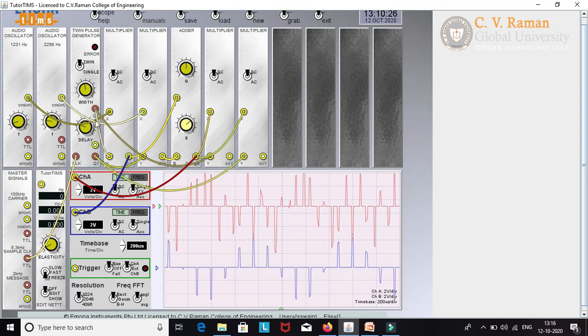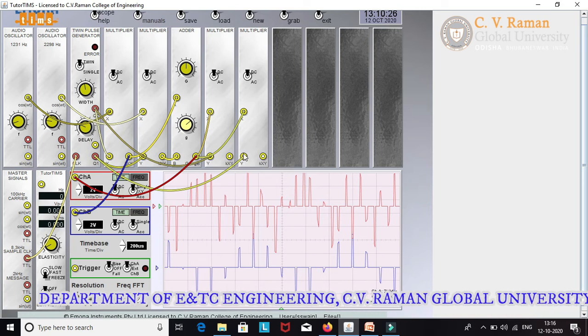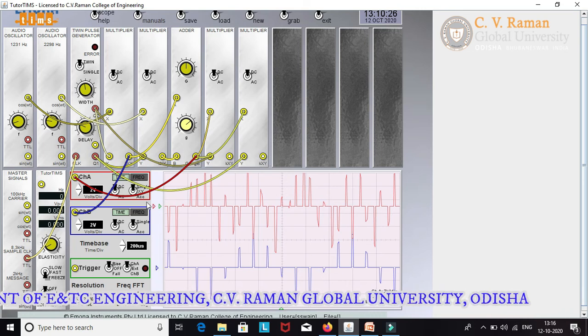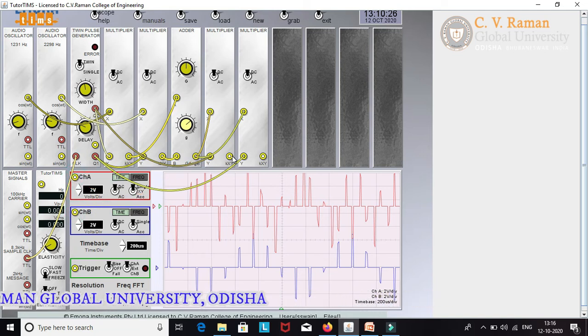This is the train of pulse 1. This is the train of pulse 2. So what I am doing is simply multiplying the TDM signal with train of pulse 1, and again multiplying the same TDM signal with train of pulse 2, so that I will be able to recover sample 1 and sample 2, or I can separate sample 1 and sample 2. Clear now? So I am now disconnecting these points. Now we'll check sample 1 and sample 2 at the TDM receiver. So KXY is sample 1, and again this KXY will be sample 2.